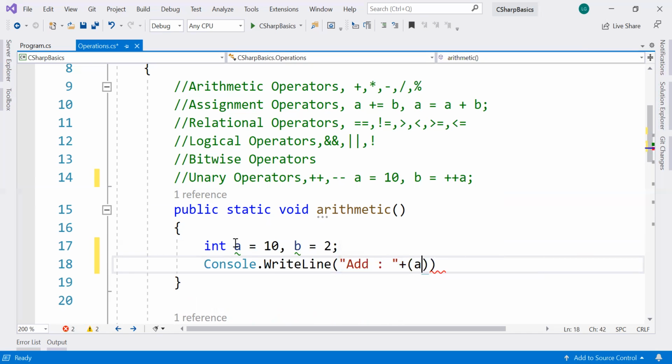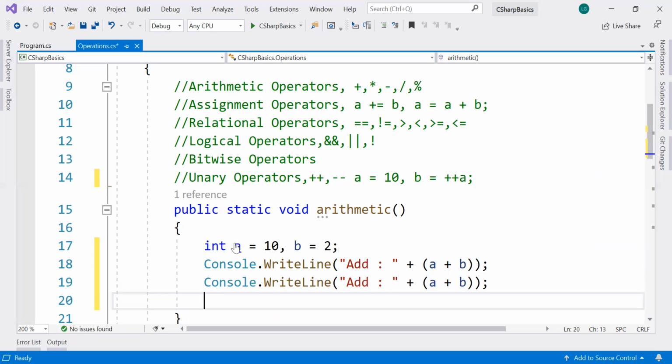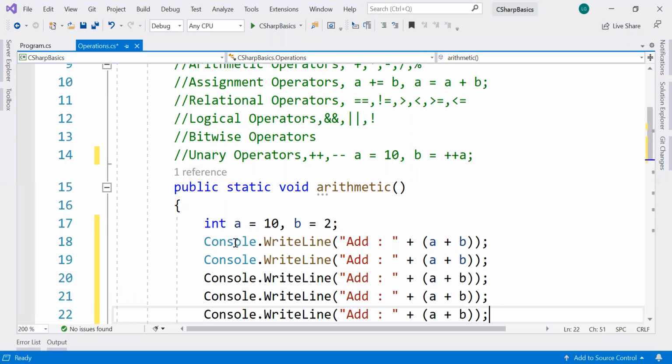Plus a plus b, I'm going to add the plus symbol. Now the same way I'm going to do for the decrement, multiplication, division and remainder. One thing here is, if you are using the remainder operator for float values, like